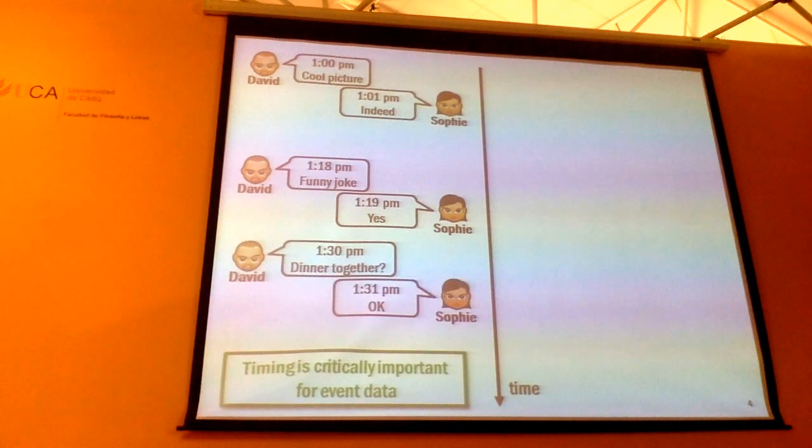Then David has another tweet at 1:30 p.m., asking whether you want to go for dinner tonight. And Sophie answers very quickly, okay. So here, every time David posted something, Sophie followed up very quickly. The time information reveals a very strong influence from David to Sophie. Obviously, if you ignore the temporal information, you might not be able to deduce such a strong influence from David to Sophie. That's why temporal information is so critical when you try to analyze this kind of social network data. You can have exactly the same tweets, but if you change the temporal information a little bit, you will have exactly the opposite meaning.